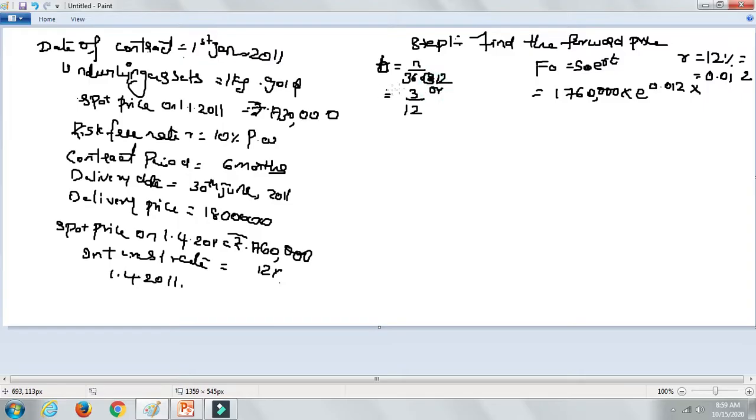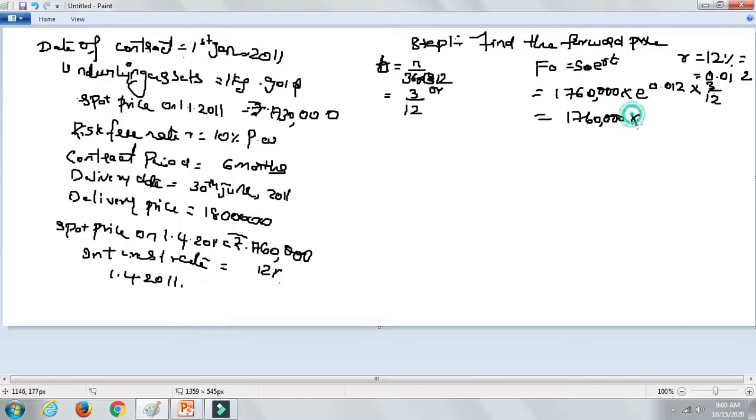It is 360 days or 12 months according to the information that has been given. So it could be 3 by 12. So here it will be 3 by 12. So over here how much will it come to? If you calculate this, it will come to